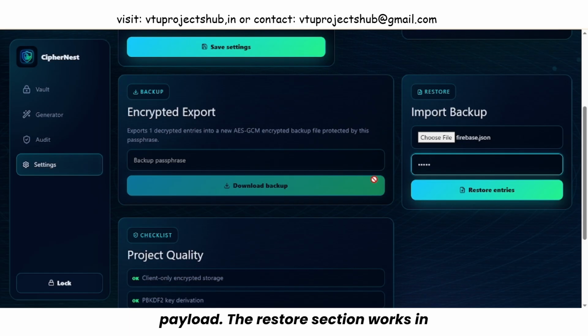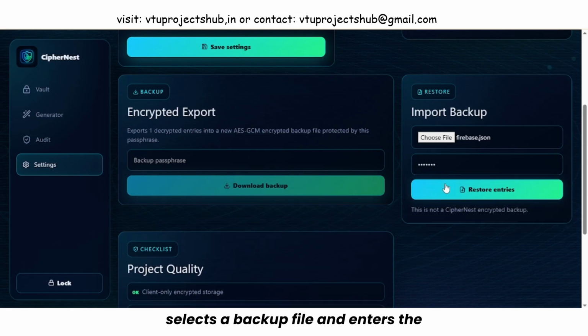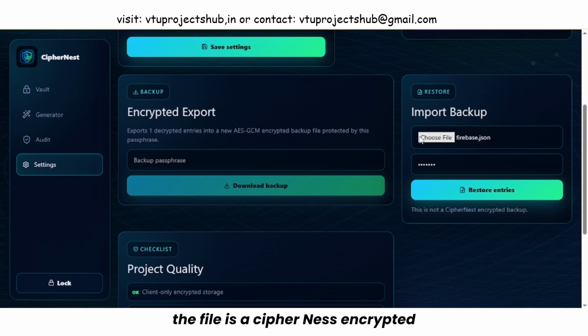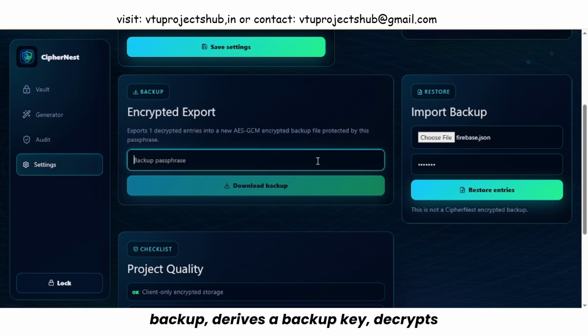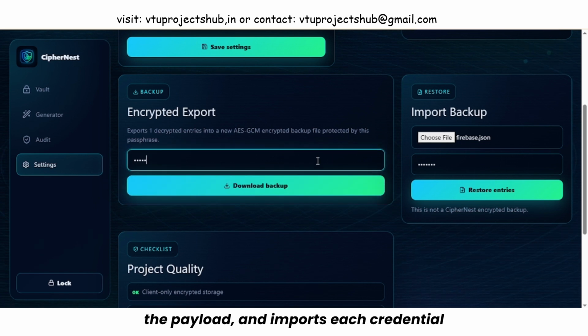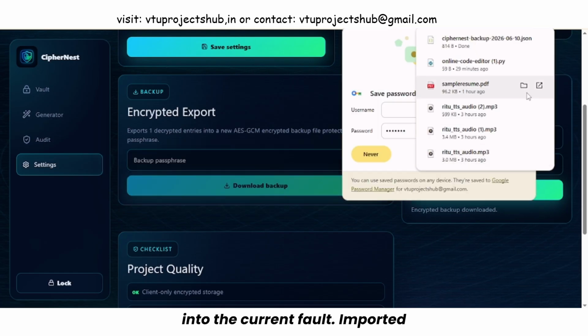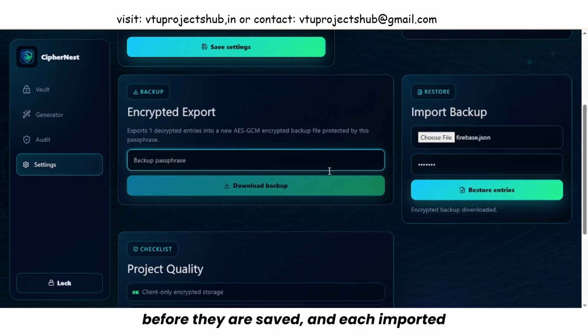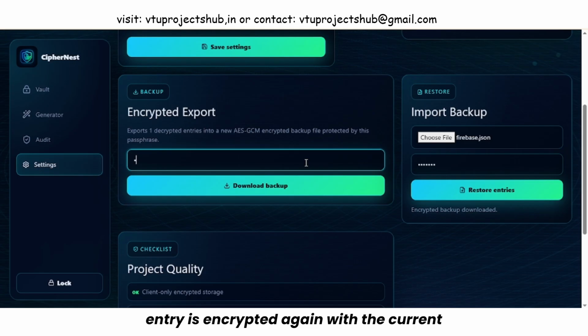The restore section works in the opposite direction. The user selects a backup file and enters the backup passphrase. The app validates that the file is a CipherNest encrypted backup, derives the backup key, decrypts the payload, and imports each credential into the current vault. Imported credentials receive new UUID values before they are saved, and each imported entry is encrypted again with the current